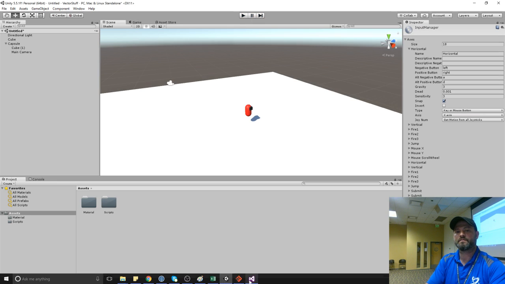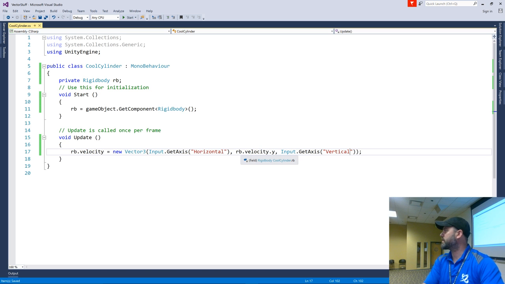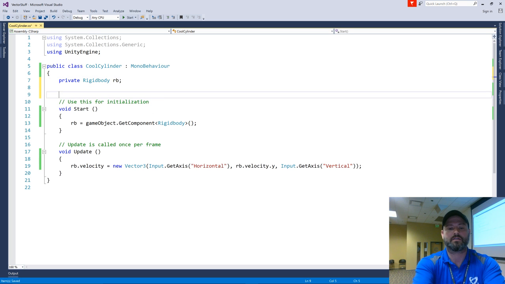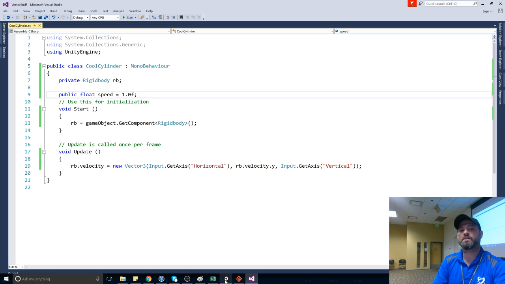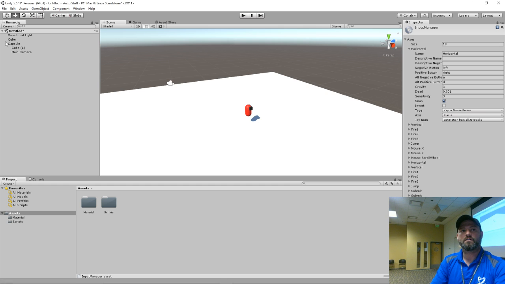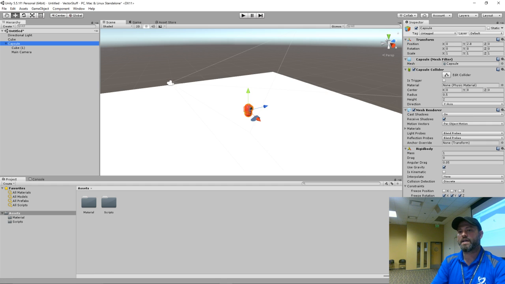But that was too slow, right? So let's speed that up a bit so that we can control how fast we move. I'm going to make a public float, and I'm going to call it speed. Public means what? I'm going to set it to 1 initially. Everyone can access that. Everyone, including every other script if I was using this in another script, including the editor. See how speed popped up right here?